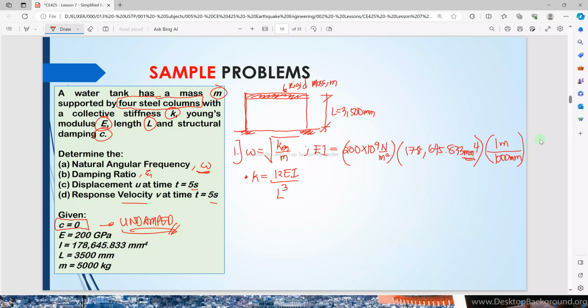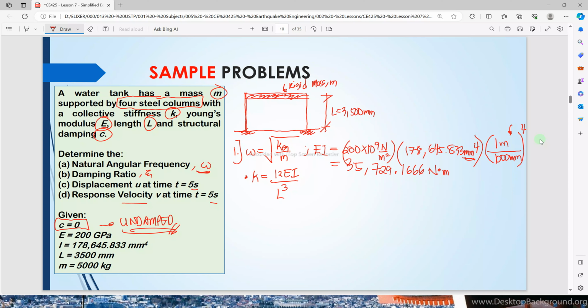Since the millimeter is in fourth power, then we raise this part here into the fourth power. And eventually, we will have our EI is equal to 35,729.1666